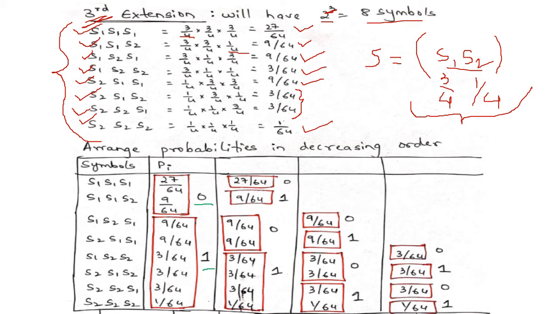So in the next stage, the first group has 2 elements. So further subdivision is possible. So 27 by 64 is in the first group, 9 by 64 in the second group. The first group is assigned with 0, second group is assigned with 1. Now further subdivision is not possible. Whereas for the second group we have 6 elements. So 9 by 64